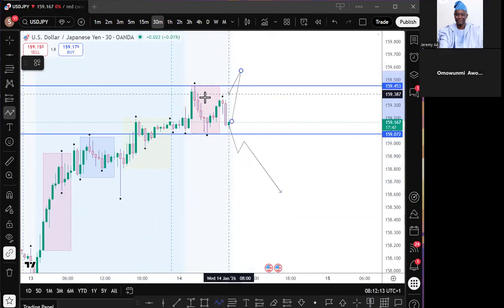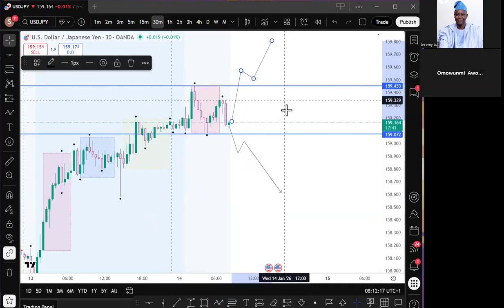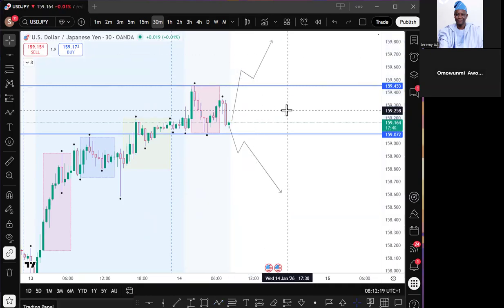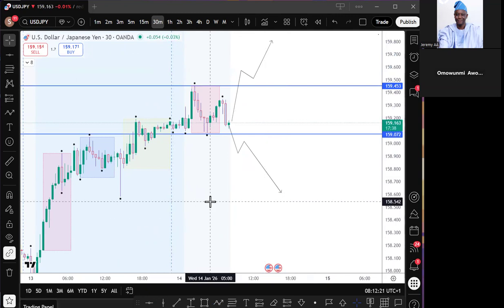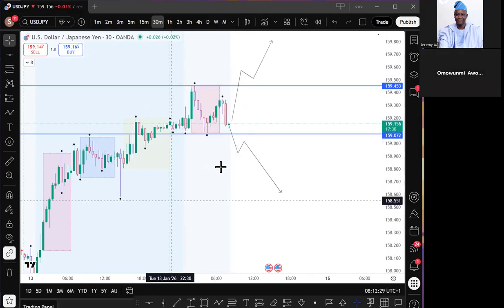So you have to wait for it to break above, right? Then pull back and then go up. That's the conservative way to take these trades. We don't want to preempt what price is going to do. However, there are ways we can,